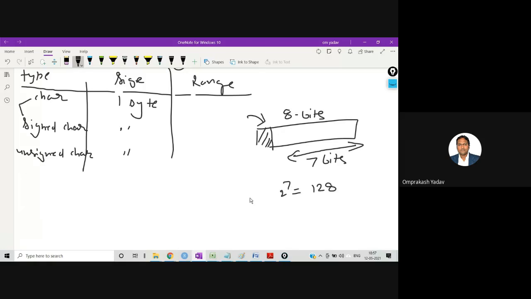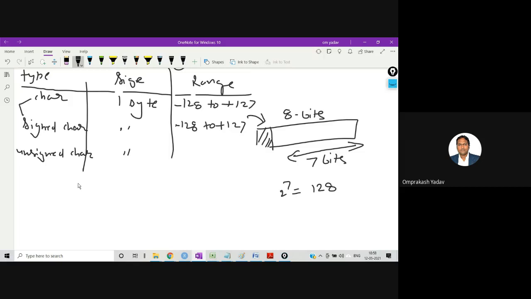Okay, so the range for char will be minus 128 to plus 127. Then the signed char, it's the same thing. Range is minus 128 to plus 127.